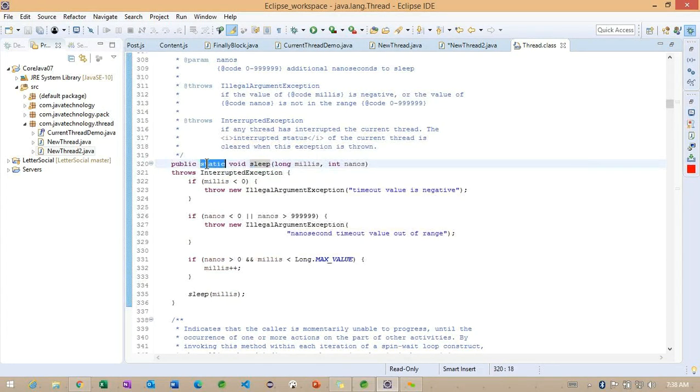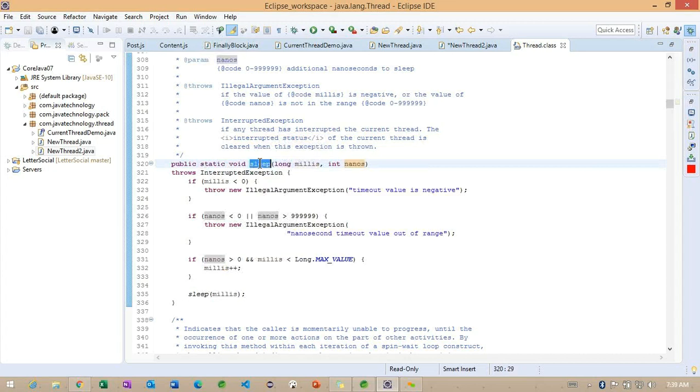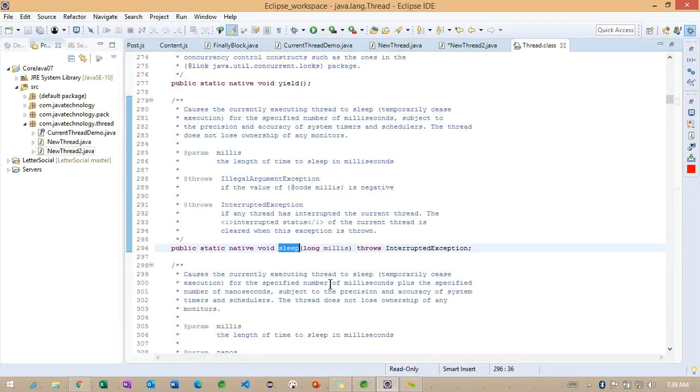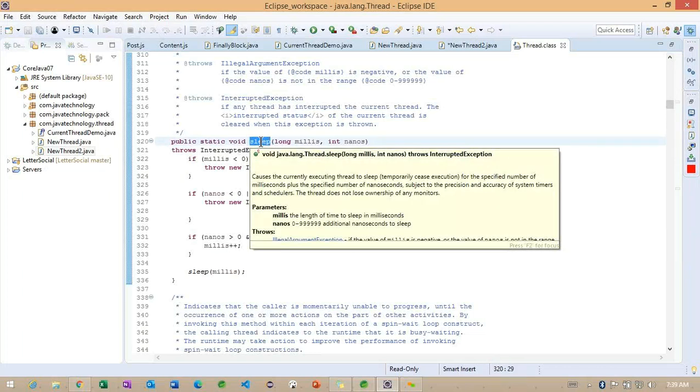Okay, you can check here, we have the sleep method. As I explained, this is a static method expecting milliseconds and nanoseconds. Along with it, we have one more sleep method, which takes only milliseconds. This is the native method, and it calls the other sleep method internally.